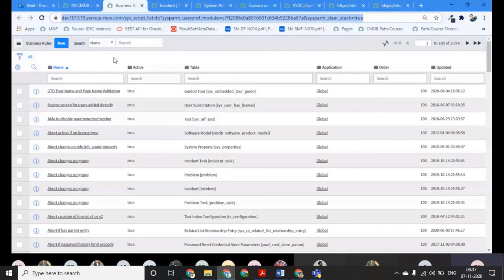Now consider I have registered myself. As soon as I am registered, I want to send an email. In that case I will use the after business rule, because I am done with my current transaction. So there are two kinds of business rules in ServiceNow. What is a business rule? A business rule is basically a layer which always comes before the database and after the database, right? When you want to write a business rule which comes before the database, you will use the business rule of type before. Let me show you here.